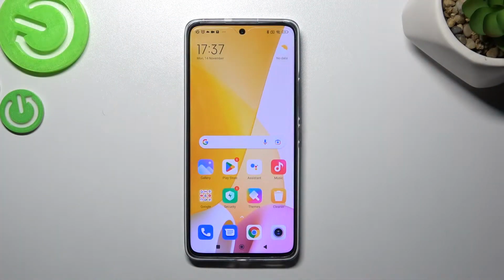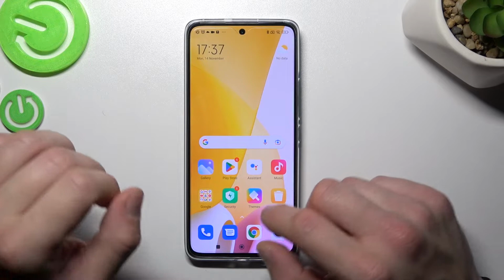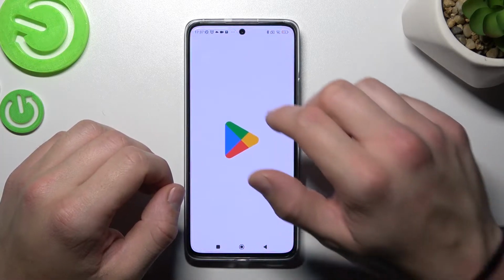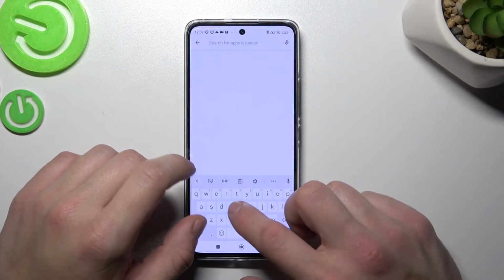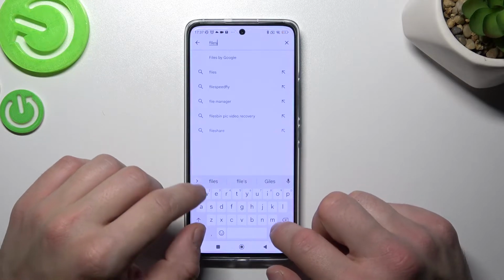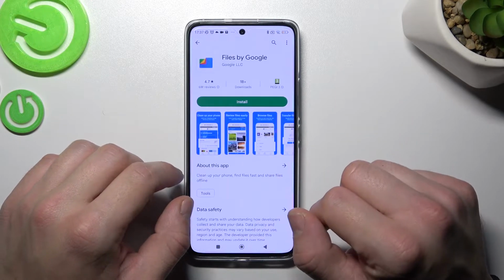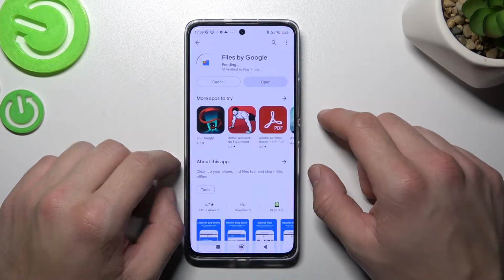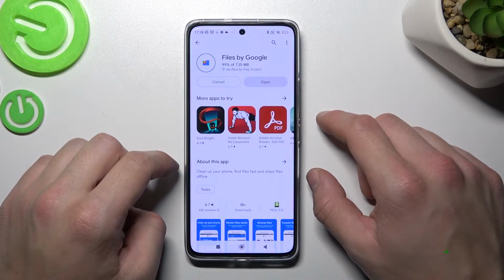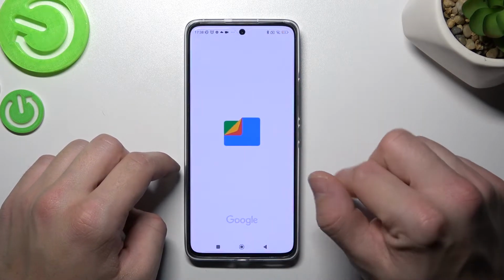In the beginning, if you want access to the recycle bin, firstly you'll have to go to Play Store and download Files from Google. Install this app, open it,